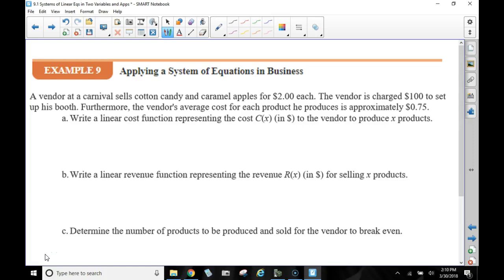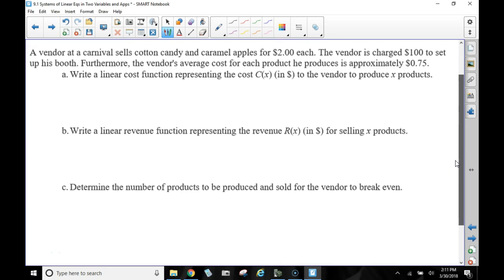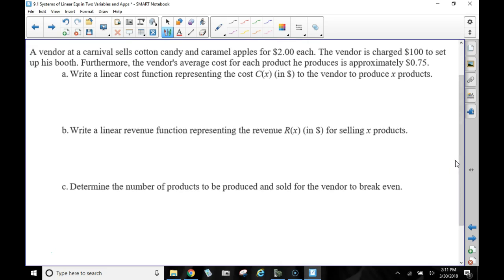Our final example, we're going to be seeing an example of applying a system of equations in business. A vendor at a carnival sells cotton candy and caramel apples for $2 each. The vendor is charged $100 to set up his booth. Furthermore, the vendor's average cost for each product he produces is approximately 75 cents. So, keeping all of that in mind, we want to write a linear cost function for part A that represents